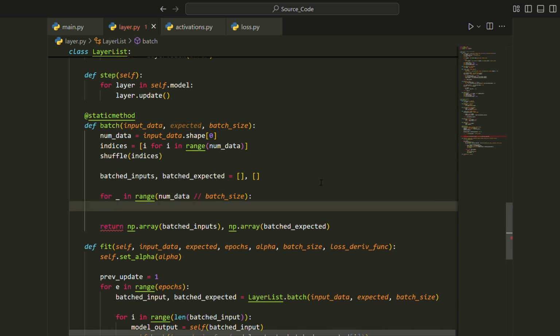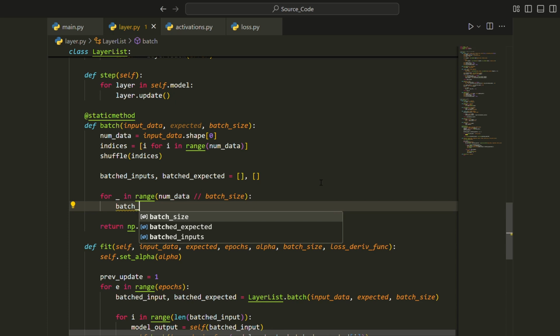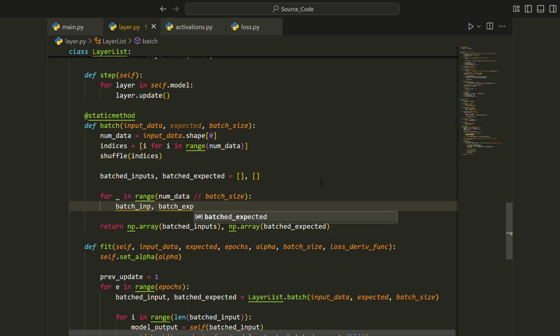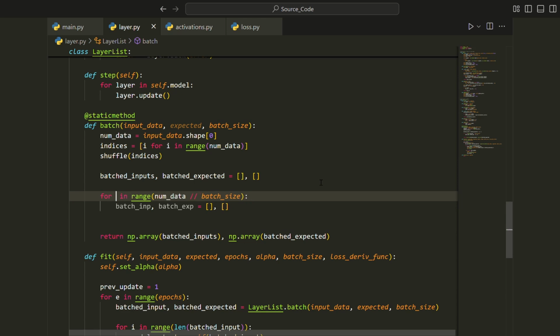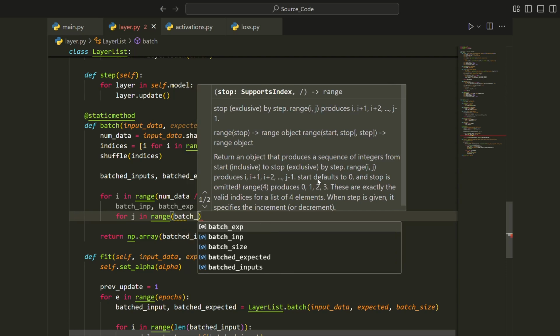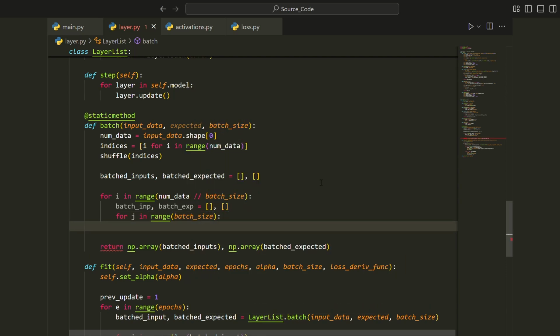So in each batch, we're going to define a batch inp, comma batch exp, and these are also going to be two lists. Then let's just change this to i, and then for j in range batch size, this will allow us to collect batch size number of input data points in the batch input and batch expected lists. We're going to append